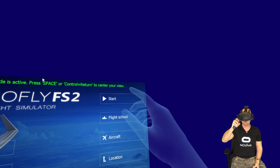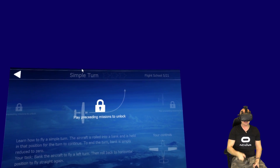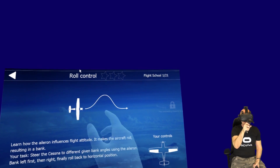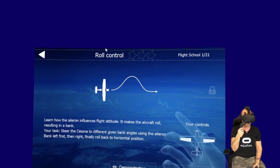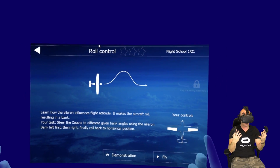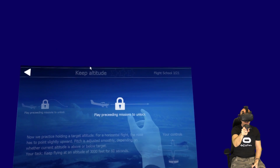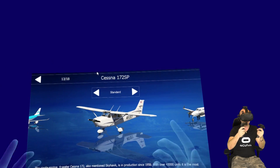Anyway, before we start up a new flight, let's just jump into the flight school. As you can see, I've been browsing through them a little bit, and there are 21 different lessons, and that is so cool. Especially if you haven't played this simulator before, you really should take those lessons and learn how to fly, how to take off, how to land. So anyway,